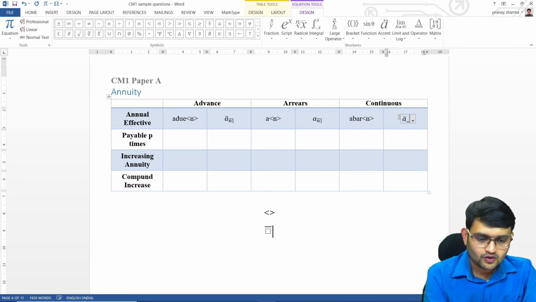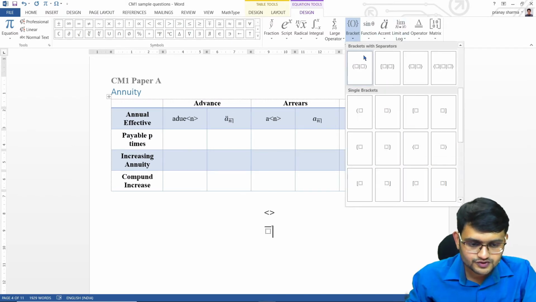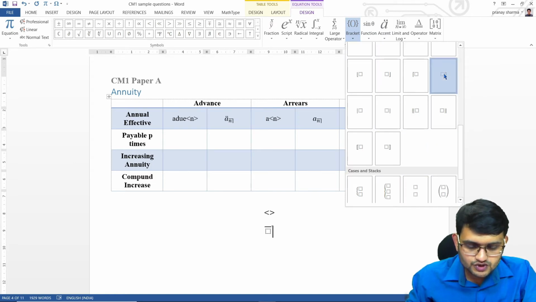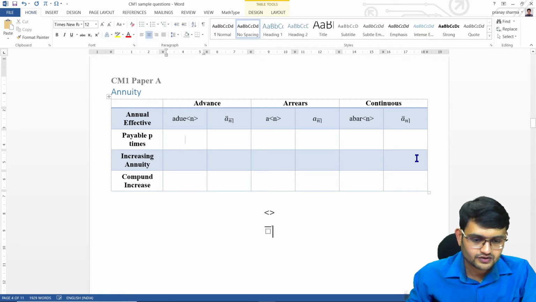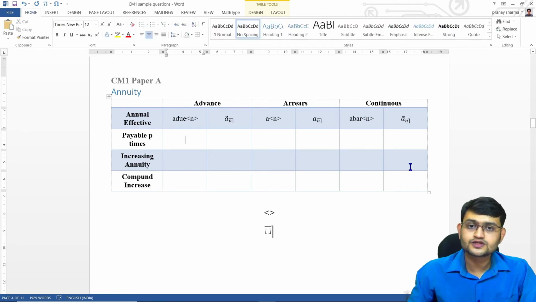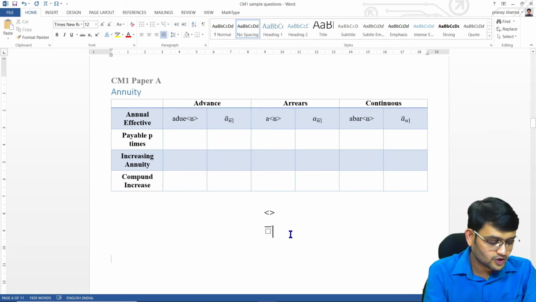Then I go for underscore space, and here all I can do is go to this bracket, just use this. This works too. This also looks like an annuity angle. You can see here. Okay, this works. So these are the three ways. Either you can put the less than and greater than sign, or you can use this that looks very similar to an annuity angle, or if you feel like it is going to take a lot of time,